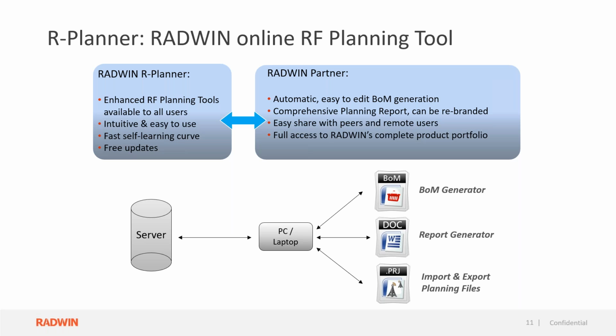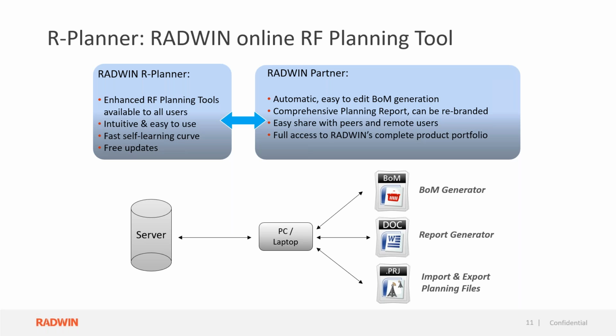installation. So the outputs are the BOM, the radio plan document, and the PRJ file, which you can import and export. You cannot open a PRJ file without the App Planner. And remember, you always need to be online with the server